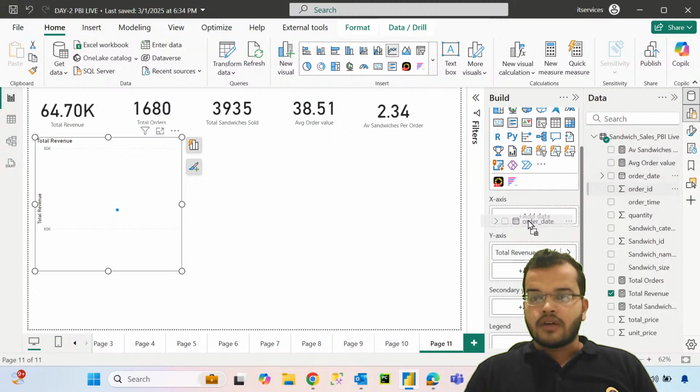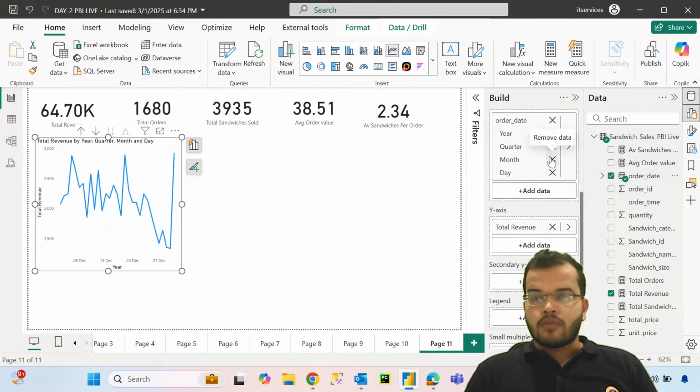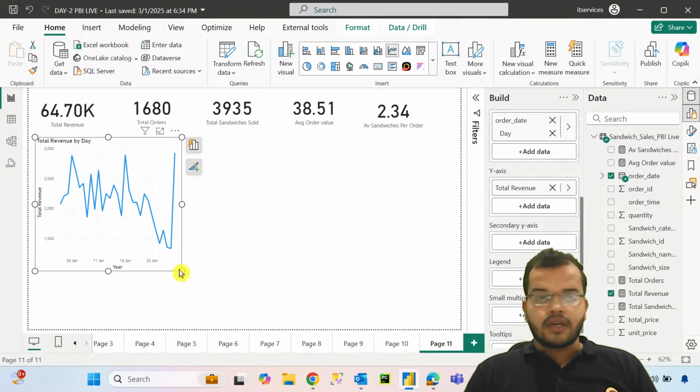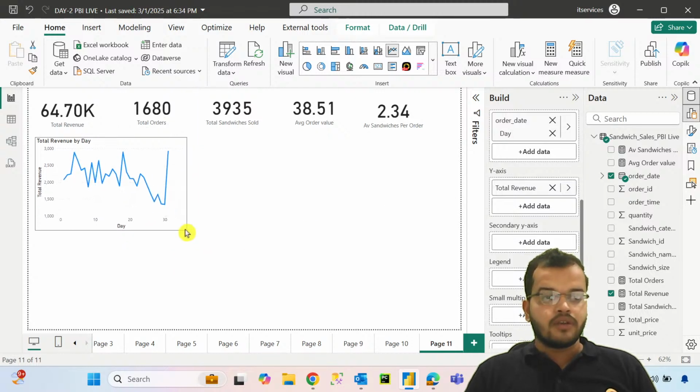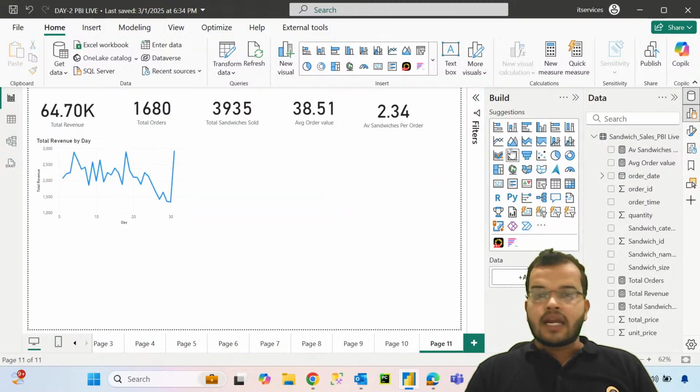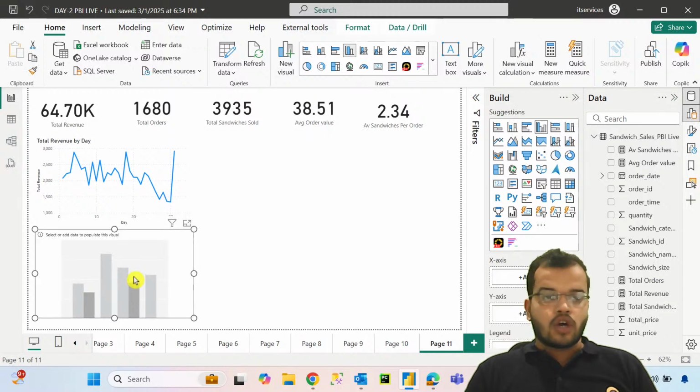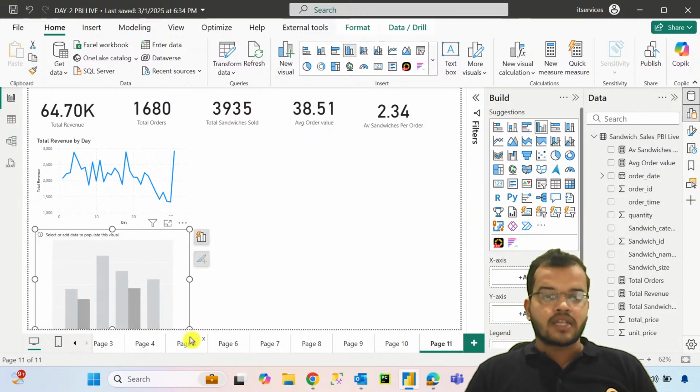Let me consider order date. I'll remove month, quarter and year. Okay, we have got some information, something like this. Then I'll consider the clustered column chart. So in this clustered column chart,